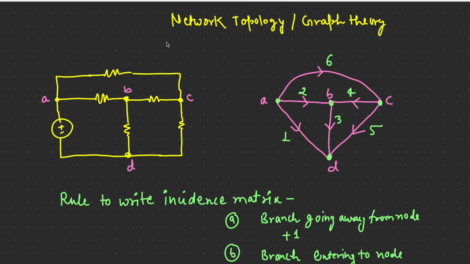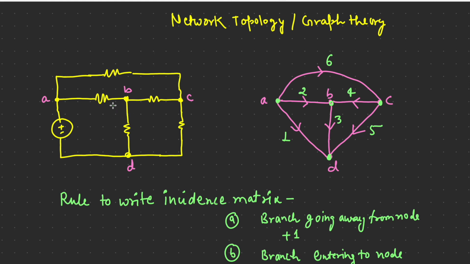In this video, I will discuss the network topology, or alternatively it is called graph theory, basics of this, and then I will discuss how to write the incidence matrix. After that, how to reduce the incidence matrix formation, and then how we can calculate the number of trees possible in the given circuit. So as you can see here, we have considered a graph which has several branches and several